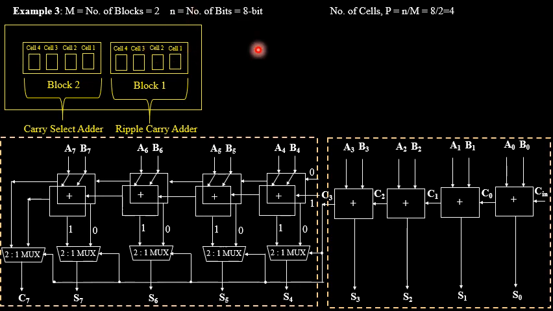Each and every individual cell is one particular bit. So obviously it is having 4 bits over here, 4 bits over here, so comprisingly we will be having 8 bits. So A0, B0, A1, B1, A2, B2, A3, B3. Till A3, B3 it will stop over block 1, and continuation of that A4, B4, A5, B5, A6, B6, A7, B7. So it will be in your carry select adder. So this is your block 1, whereas block 2 is nothing but this entire structure.